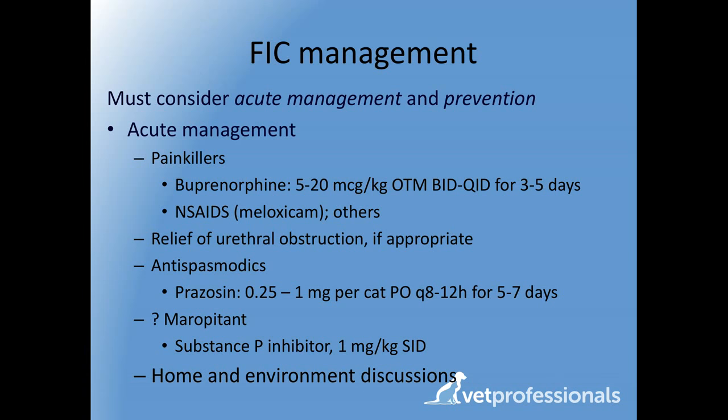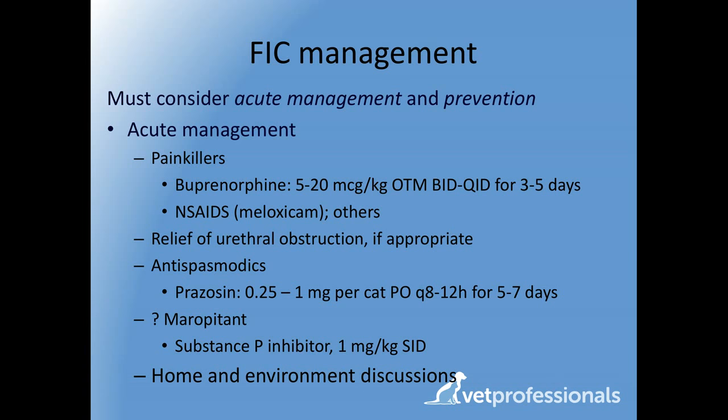Non-steroidal anti-inflammatories like meloxicam also can be helpful. Certainly some caution if you suspect that the cat is dehydrated at all, then I would avoid that. But if you think this cat is well hydrated and has good renal function, then that's an appropriate analgesia to consider as well. There are other medications that have been used in the acute scenario, so we have also antispasmodics,